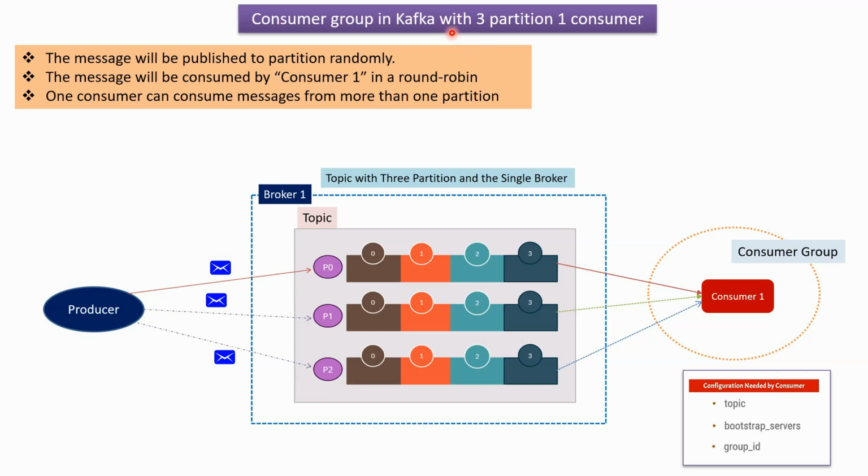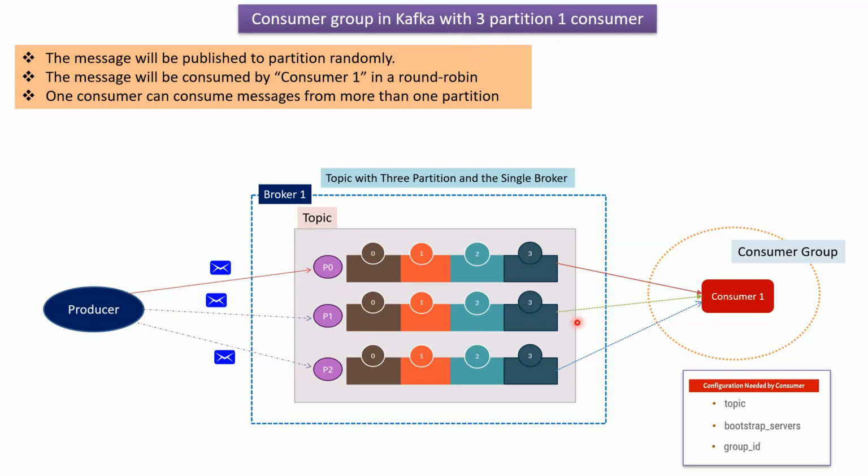In this video tutorial I will explain consumer group in Kafka with three partitions and one consumer. Here you can see the broker which has one topic, and this topic has three partitions: partition 0, partition 1 and partition 2. Here you can see the producer which will generate the message and publish messages to these three partitions in random